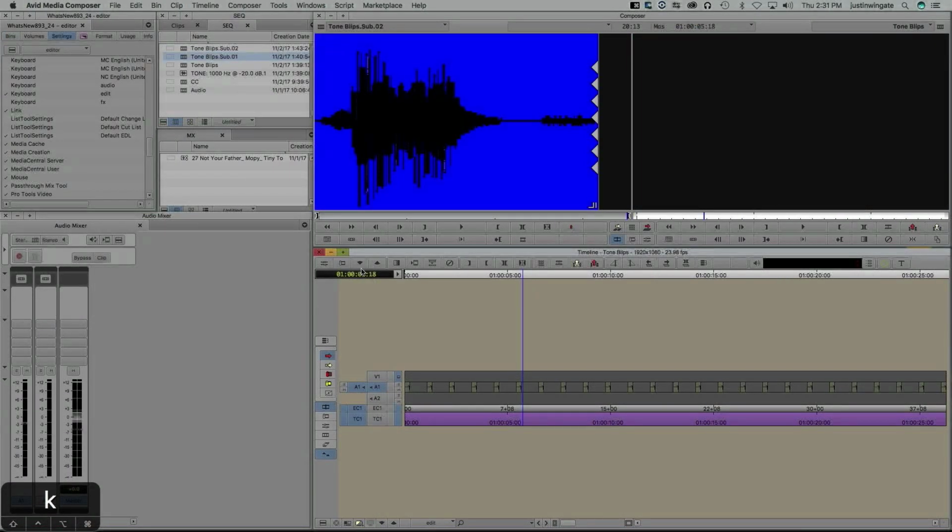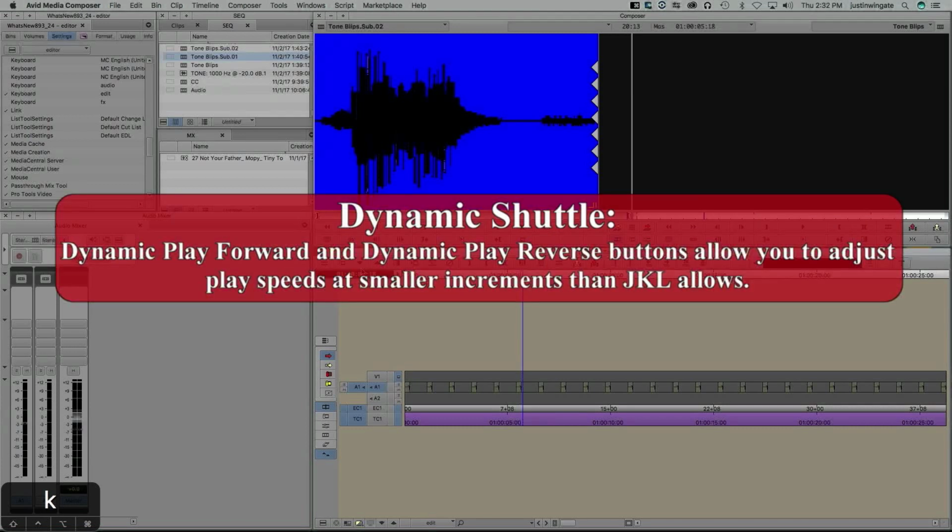This next feature is probably the most interesting new feature within Media Composer 8.9.3, but also probably one of the most confusing new features I've seen in a while, and you'll see what I mean. What I'm talking about is Dynamic Shuttle. We're all familiar with JKL, right? That gets you forward and back in your timeline at various speeds. What Dynamic Shuttle allows us to do, however, is increase our speed forward or reverse in smaller increments than we